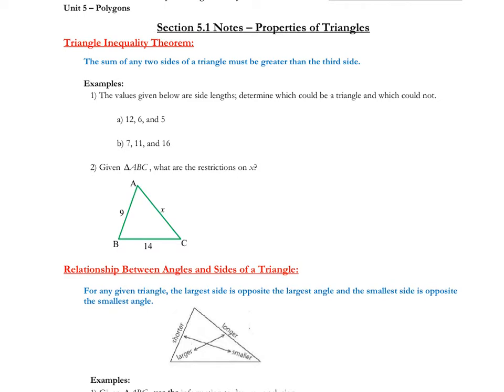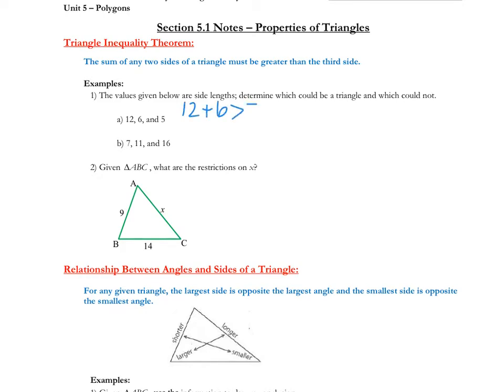Remember that with triangles, the sum of any two sides of a triangle must be greater than the third side. So if we look at the examples, basically you have to test 3 times to see if all 3 work. If one of them doesn't work, then you don't need to keep going because that means the rest of them aren't going to work. So for example, if we take 12 plus 6,